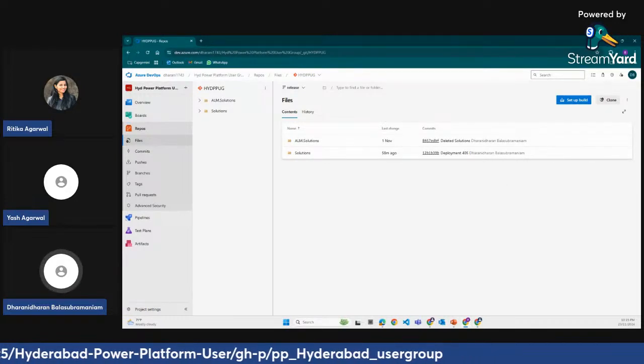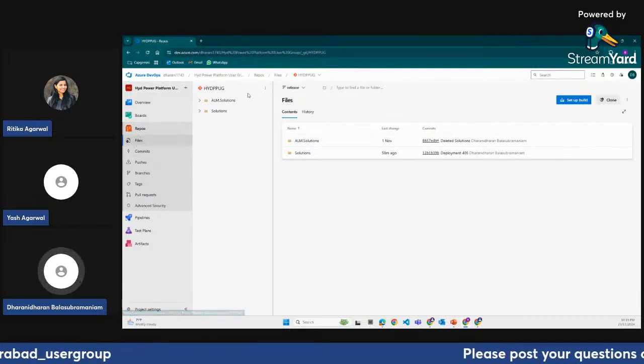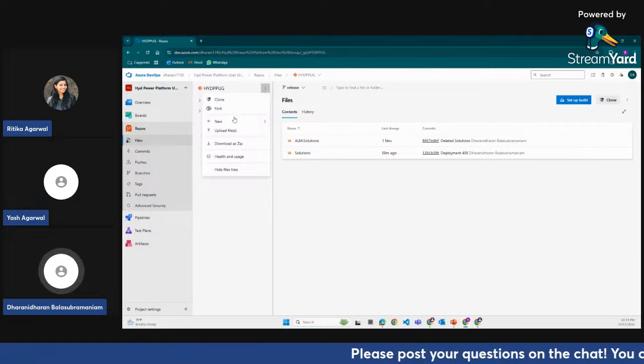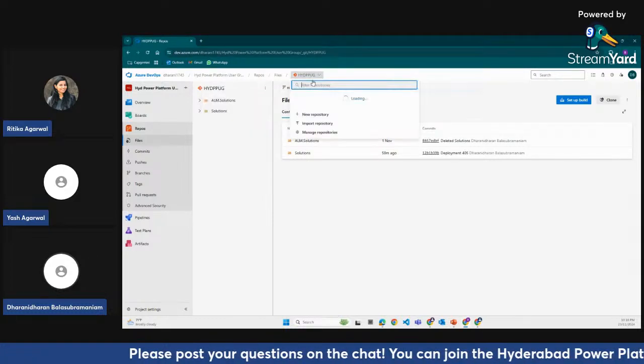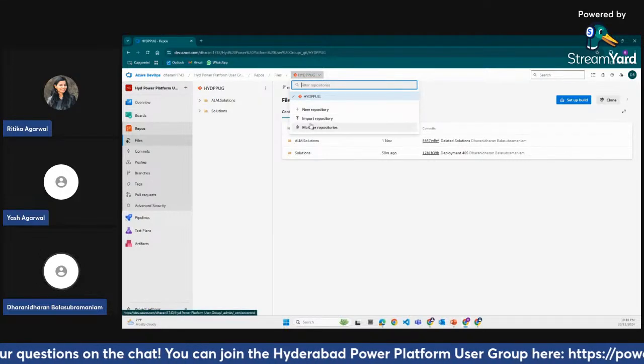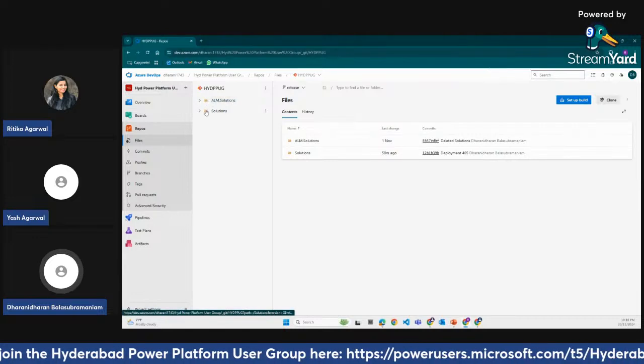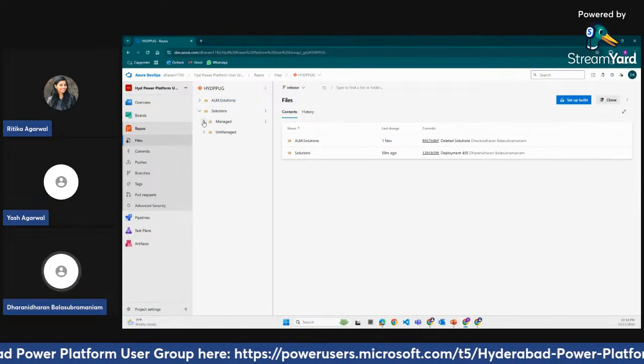You can go here and create the repos from the repo section. If you click on this, you can create your new repository. Once it gets created, you can keep the solution files however you want.